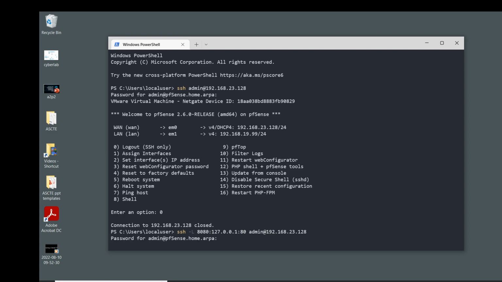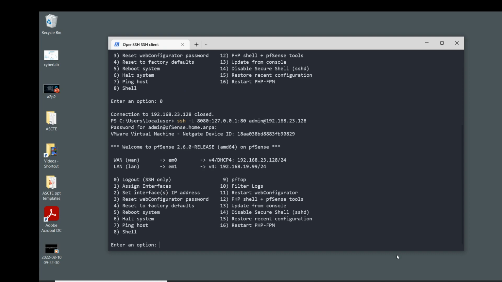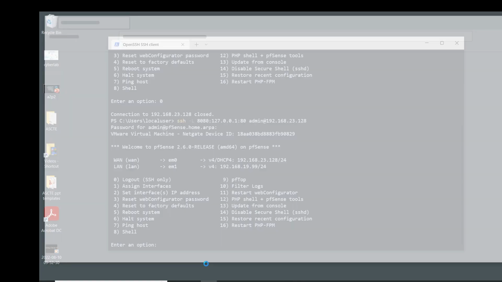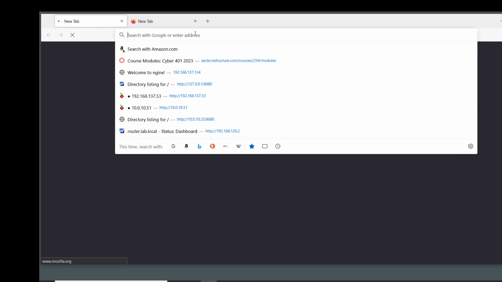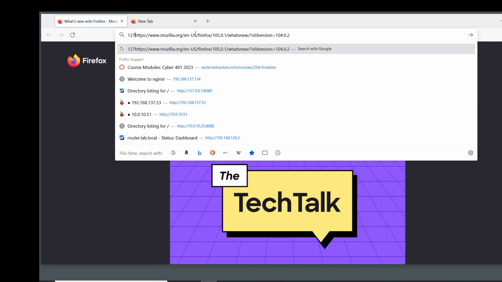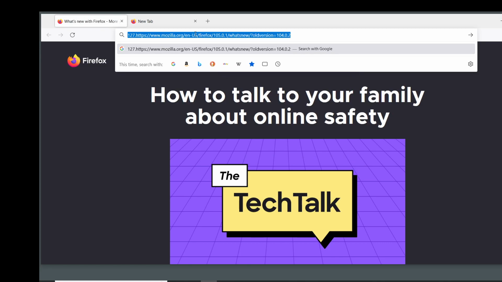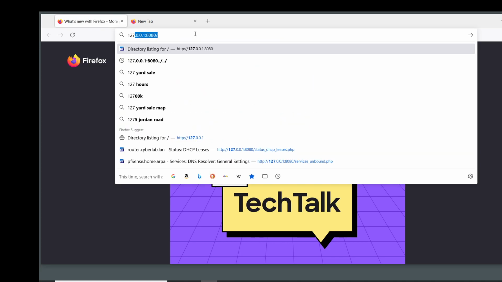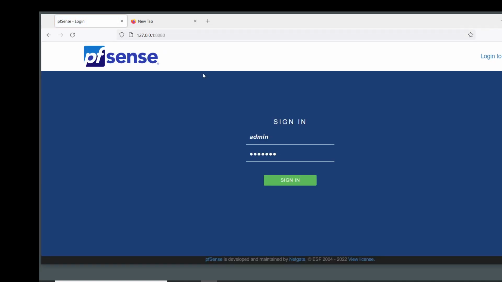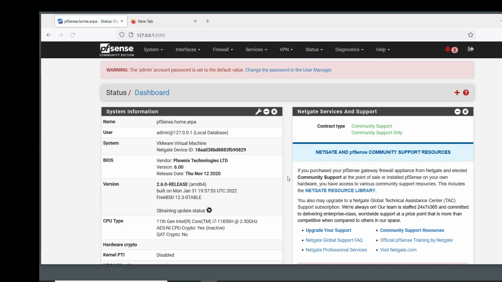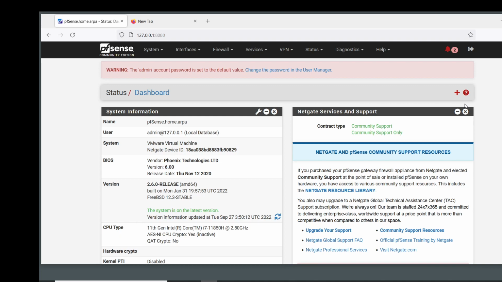So we'll enter the password, pfSense. Okay, now let's see if we can get in. Open up a browser. Go to 127.0.0.1. And now we have pfSense available from our host machine, so we don't have to go into our Windows VM